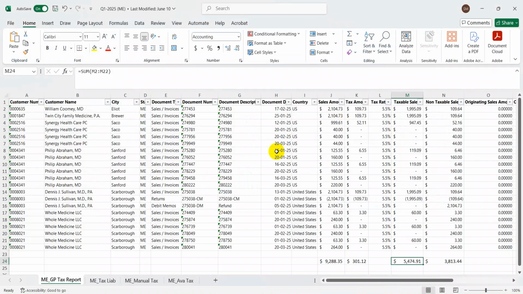So in our last video we have gone through the process of how we can add the counties and cities on the Illinois portal to file our sales tax return properly. Today we are going to file another state sales tax return, but before we move to the portal and see